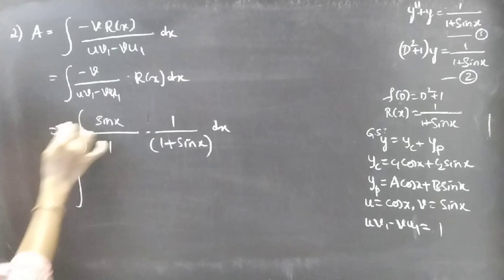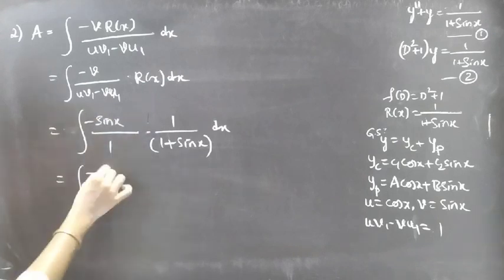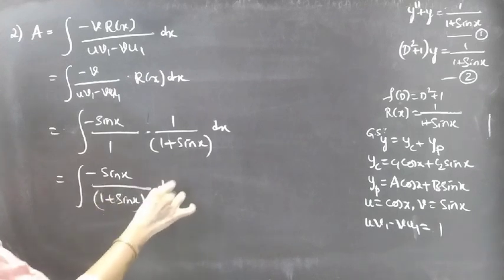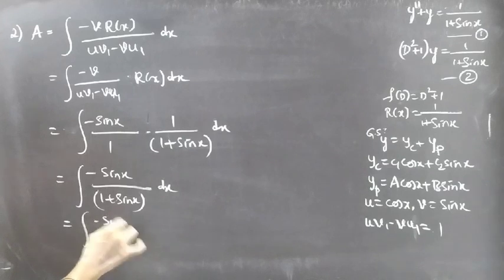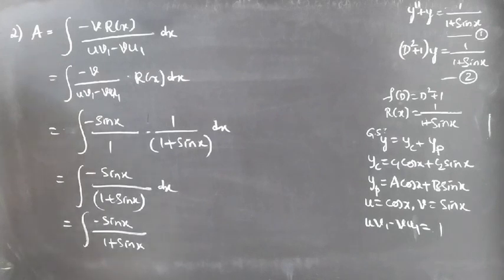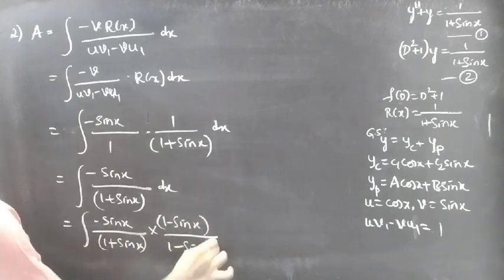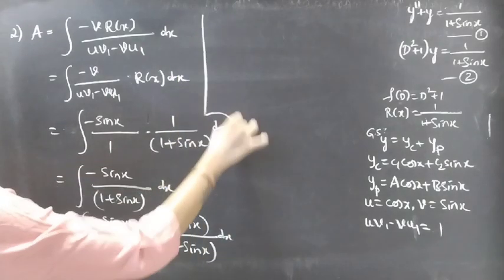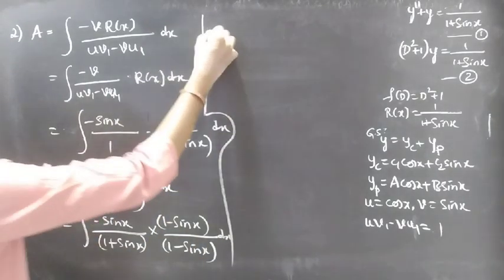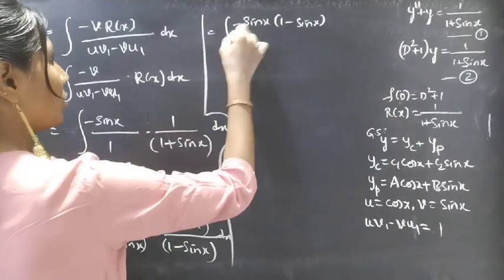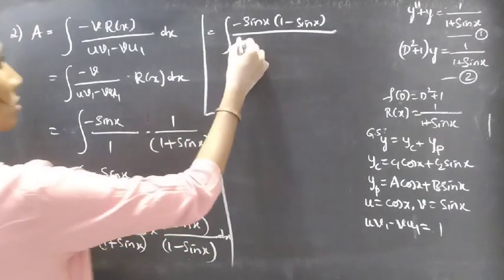This equals, you can just write minus inside the integral, minus sin x by 1 plus sin x into dx. Now the denominator you are having 1 plus sin x. If you change the sign, you'll get 1 minus sin x. Just multiply and divide the fraction with 1 minus sin x. Then we'll get integral minus sin x into 1 minus sin x by 1 plus sin x into 1 minus sin x